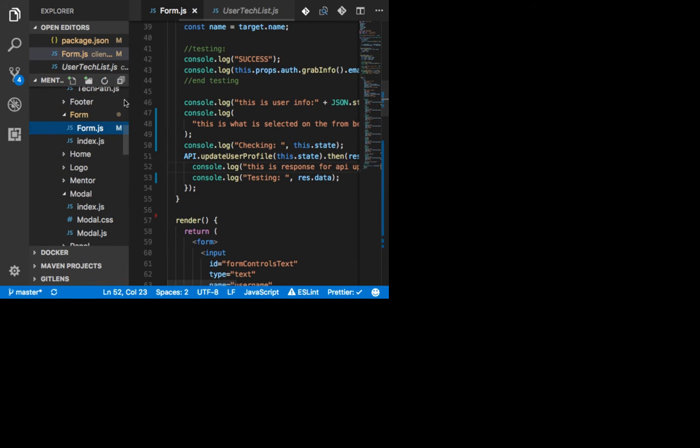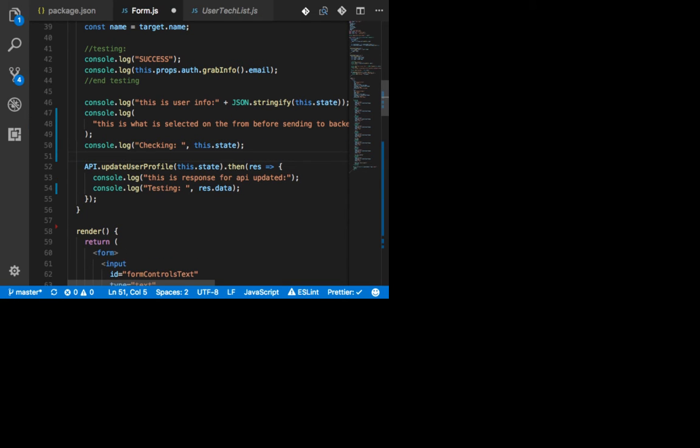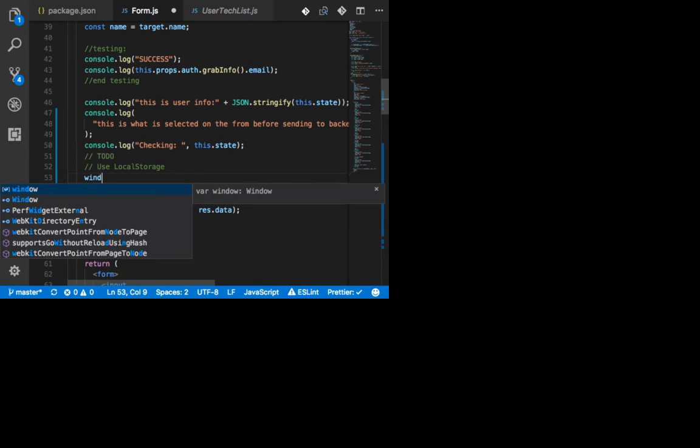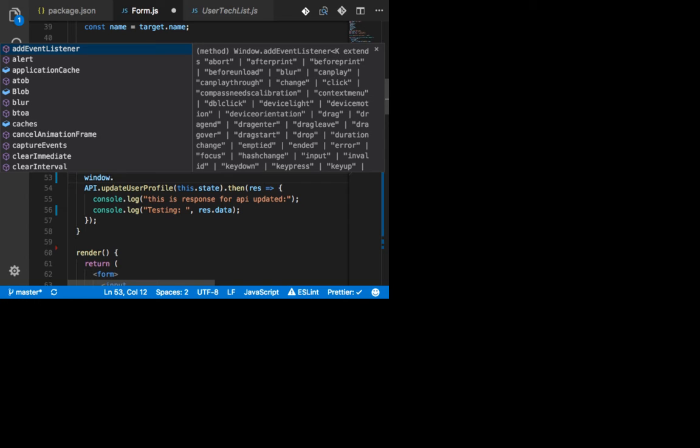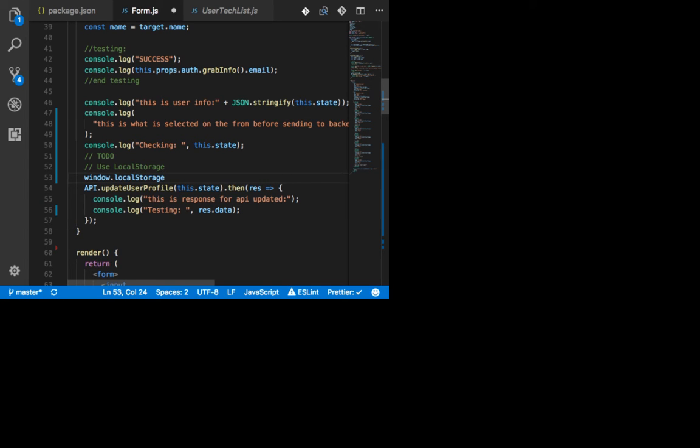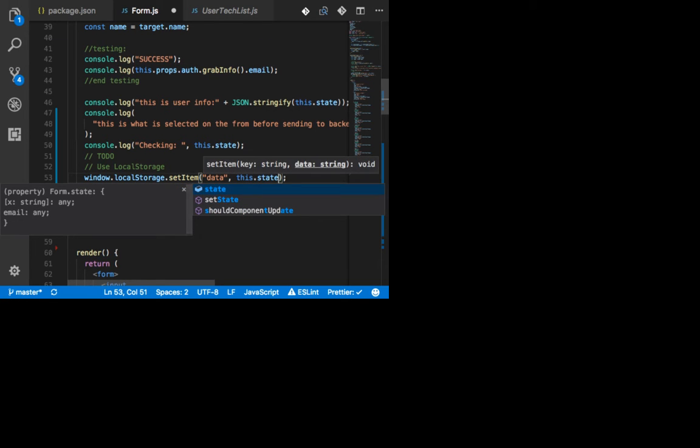I'm going to go here because this is where the data is being used. Local storage. So to do this, I believe it's with React. It's recommended to use window for this, a built-in module that's not part of the class. It's a little bit weird, but setItem, which we're going to call this one data, just for ease of working with. And we're going to set it to the state, because the state is what's holding the new value.